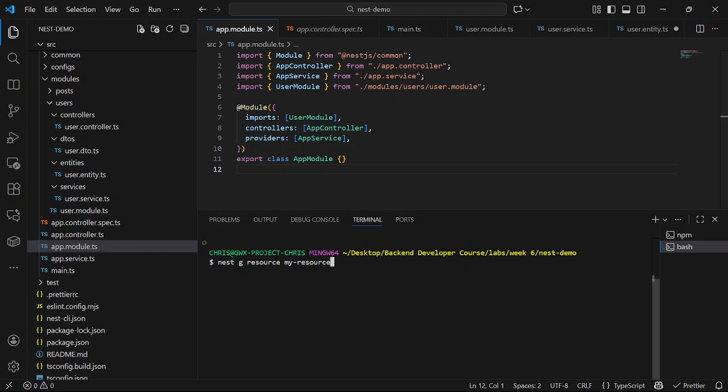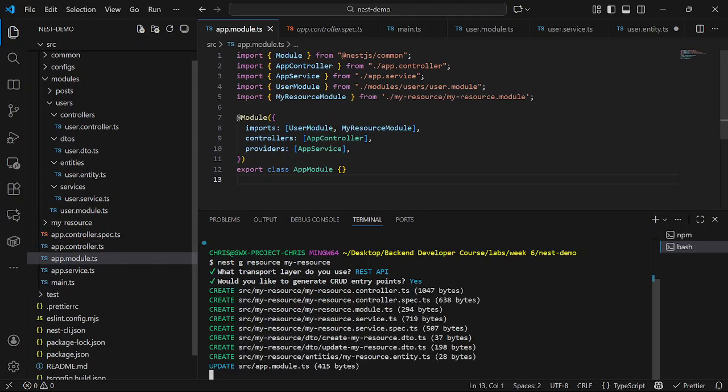So if I press enter here now, because I'm creating a resource, it's going to ask me some questions. But if I'm creating a controller or service, it won't ask me questions, it will just generate them for me. And when it's generating, it's going to attach some test scripts here. Okay, this is the question here. It's asking me what I want to create. Is it a resource for REST API, or for GraphQL, or for microservice and the rest? So I'm going with REST API. If I press enter, it asks me about CRUD endpoints. If I click yes, it has created it.